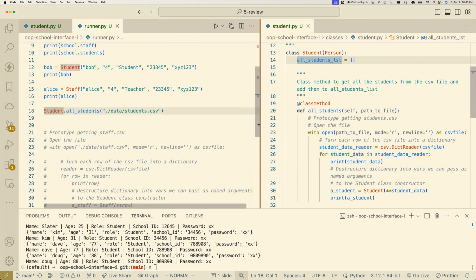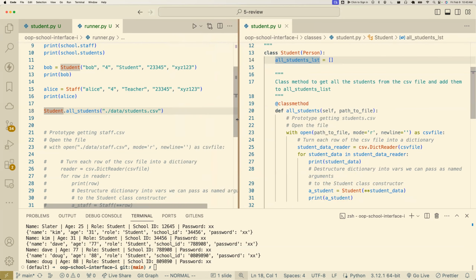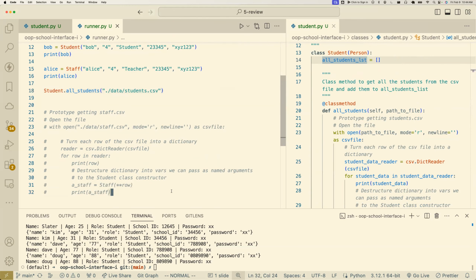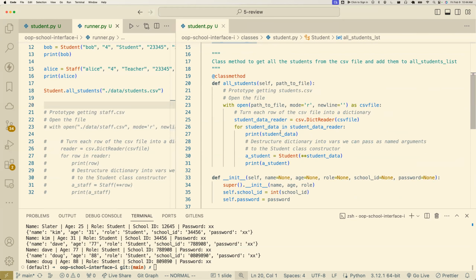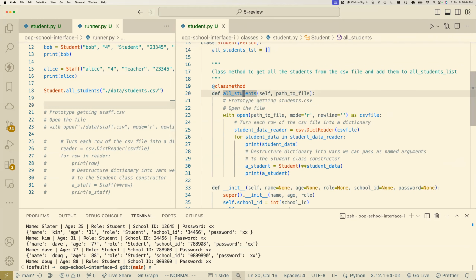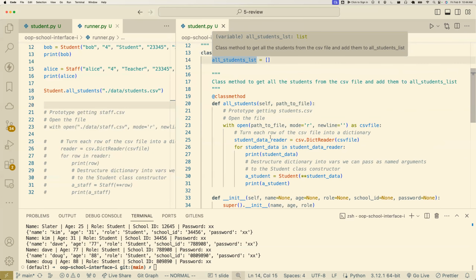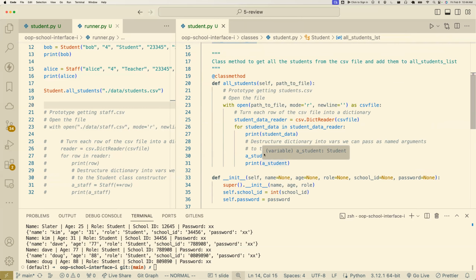Cool. So, the thing I want to point out is, sometimes when you're prototyping, doing it the simpler, easier way, like I just wrote out all this code in the runner, can help a lot, and then I kind of bring it into the class method. It really depends. We could have added it here. I just thought that was a nice way to illustrate it. And now we just need to append to all students list, right? And we can do that